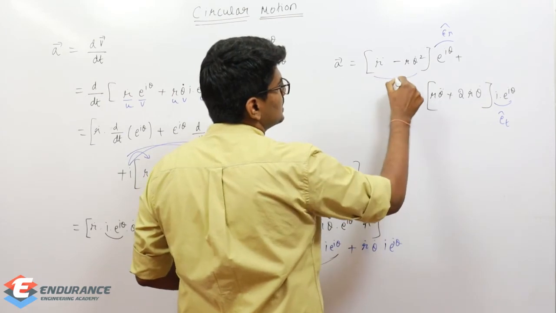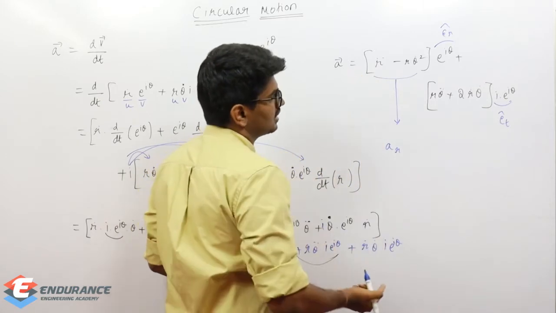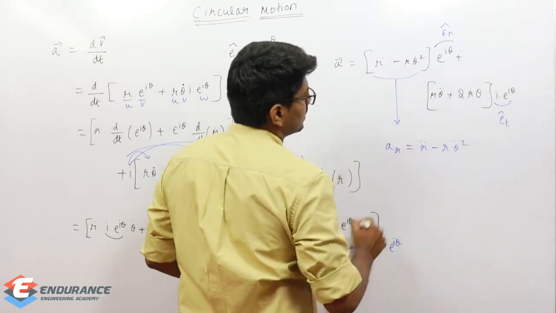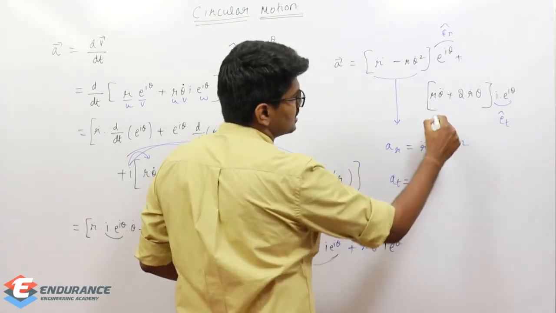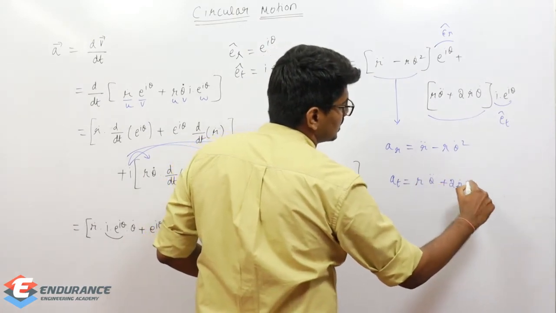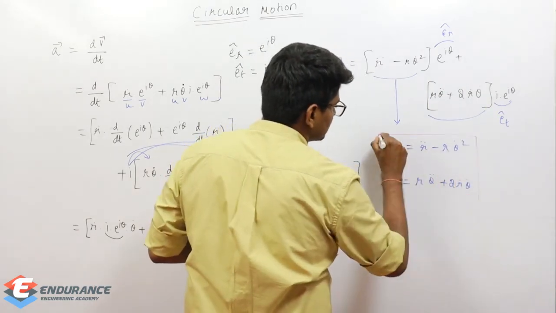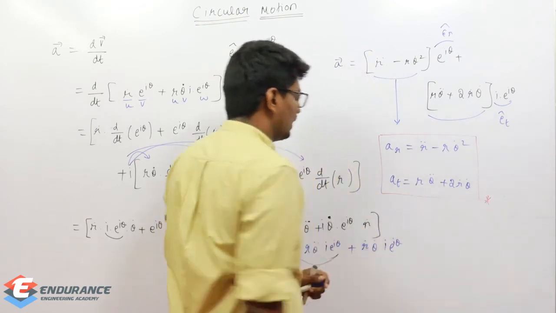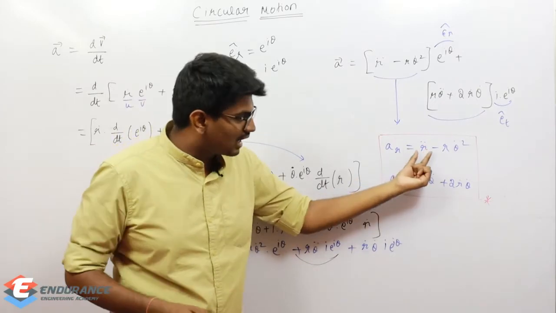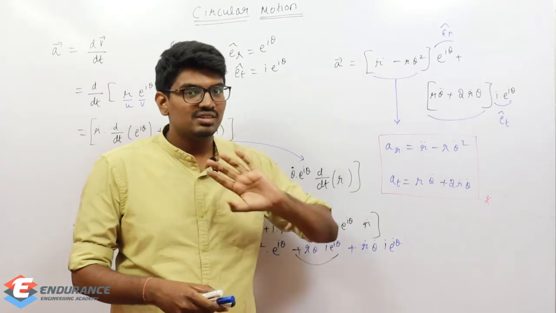So what is going to be this? That is going to be the radial component of acceleration, that is r double dot minus r theta dot square, and the tangential component of acceleration, this one: r theta double dot plus 2 times r dot into theta dot. So this is important. Finally let us see the summary. Don't worry much about what r double dot means, what r theta dot square means, and all these things. We will see it later.